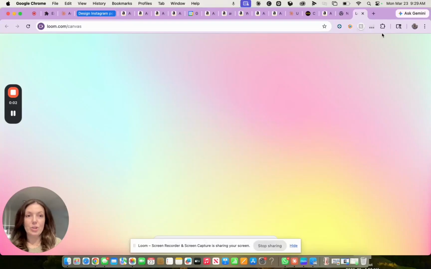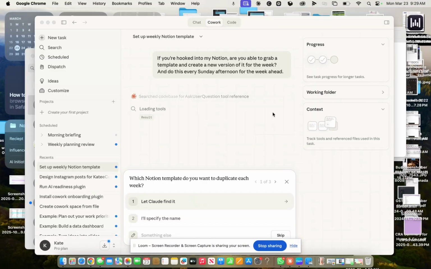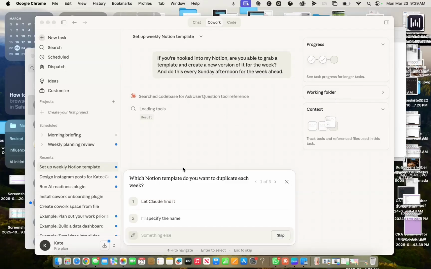My assistant used to do this for me, but I'm going to see if Claude Cowork is able to do it instead. So what I did was I went into Claude on my desktop. I went from chat over to Cowork, and I asked it, if you're hooked into my Notion, are you able to grab a template and create a new version of it for the week and do this every Sunday afternoon for the week ahead? So then what it came up with here was it asks, which Notion template do you